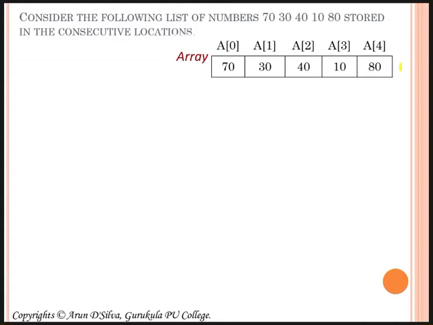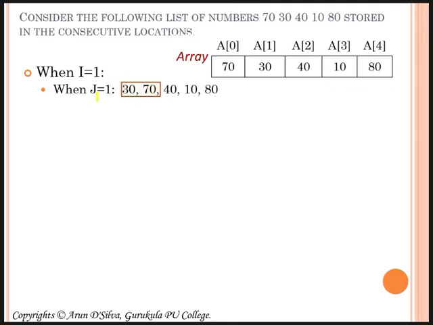Now, using the algorithm, how can we implement it? We took i equal to 1, correct? And j is assigned i, so j becomes 1 there. I is also 1, j becomes 1. Now it is pointing to position 1. This 30 and 70 will be compared, whether 70 is less than 30. No. So what you have to do? Interchange it. We have interchanged here, and 30, 70 it became.